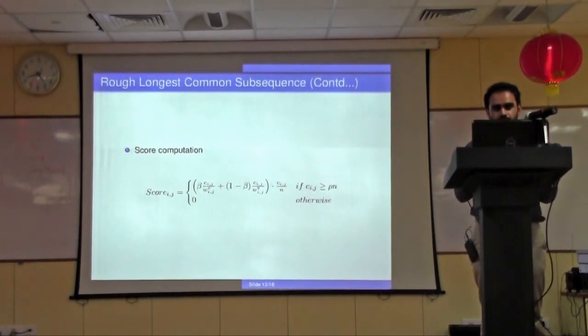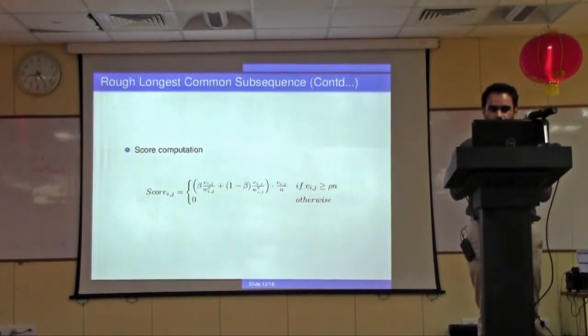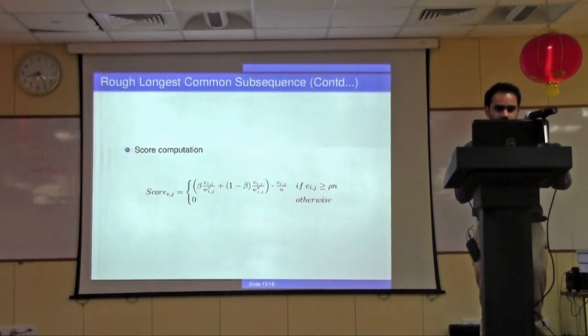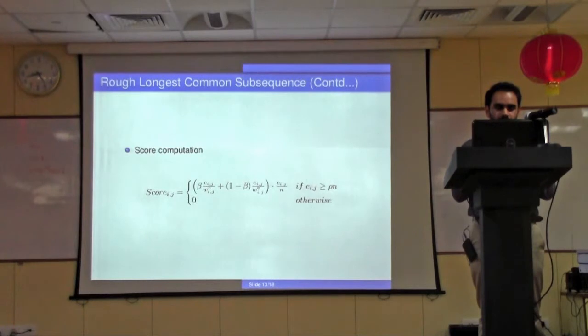So we have modified RLCS such that the tuning of rho becomes easy. As we can see here, Cij upon VORij. Cij is the rough length of the subsequence, but VOR is the actual length of the string containing the subsequence in the reference. So the rough length would be less and the VOR will be high. So even if the sequences are similar, quite near, the score will end up getting a lower value because of this. So we have introduced a